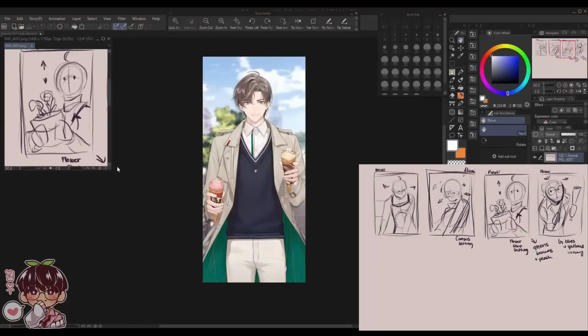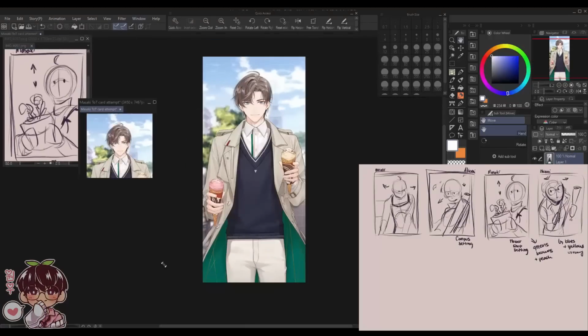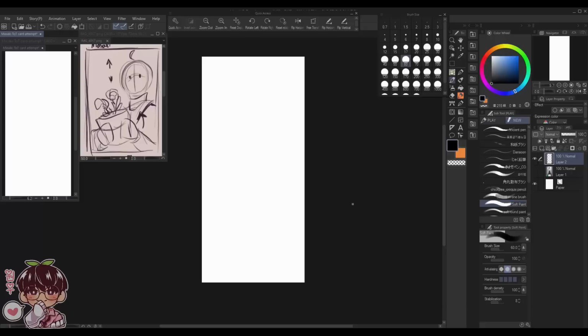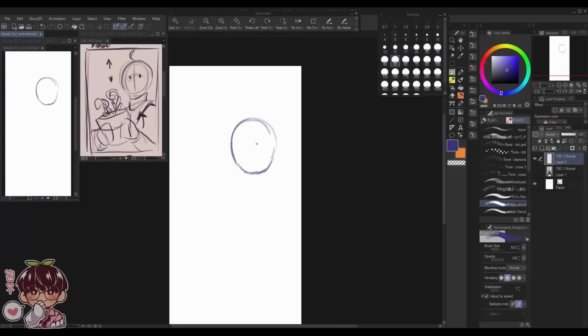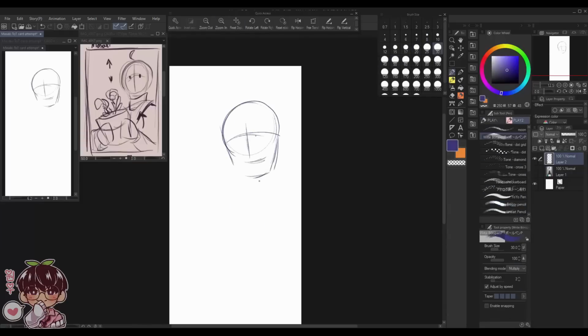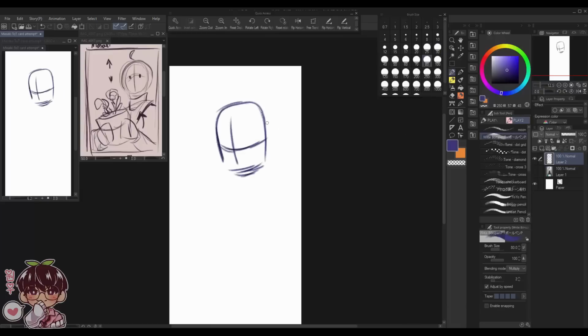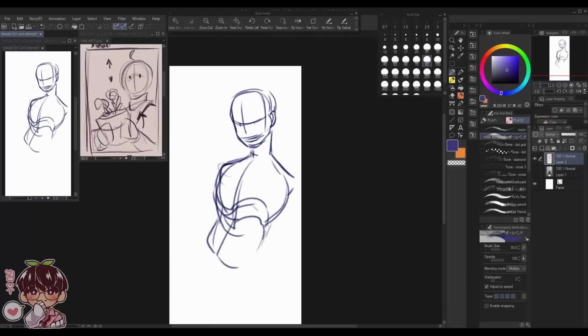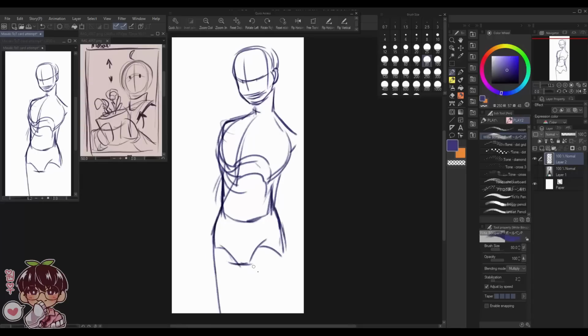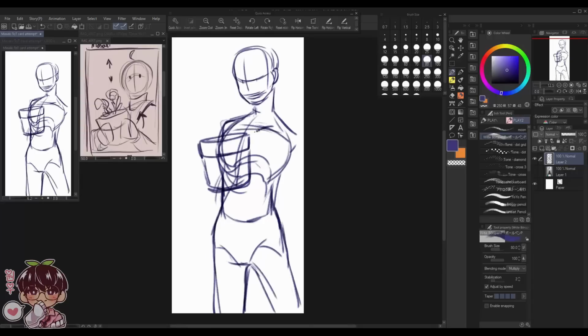I'll show you guys a quick close-up on the bottom right-hand corner because I forgot to show the bigger version. But in Clip Studio Paint, I have 2 windows open of the same canvas. So I have an overview and then the actual canvas that I'm drawing on. And for the smaller window, I have my thumbnail placed there so I don't get too lost of what I wanted to do initially.